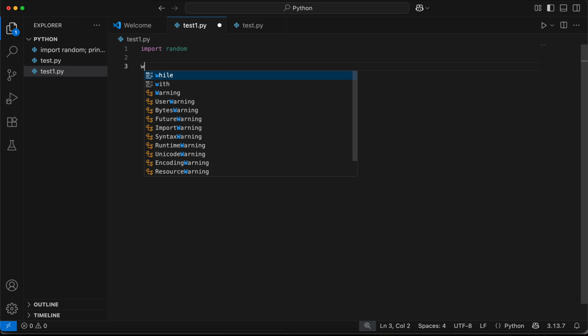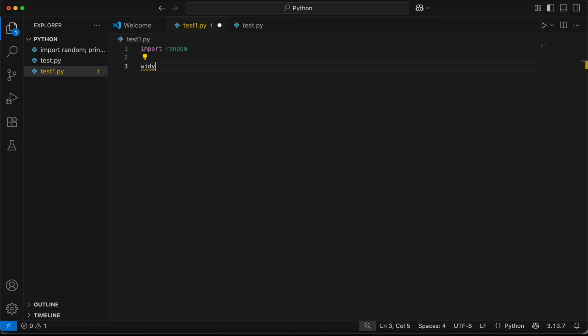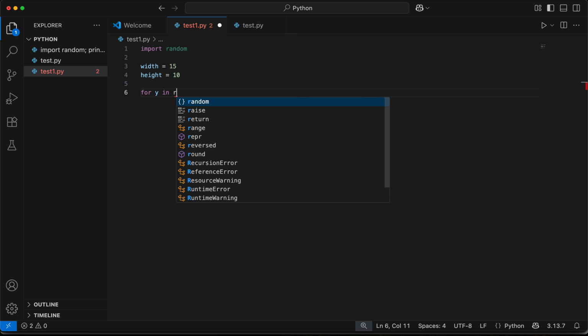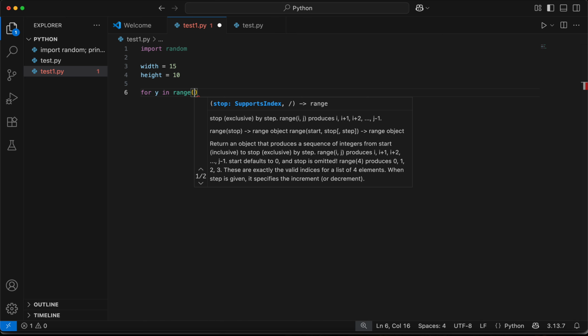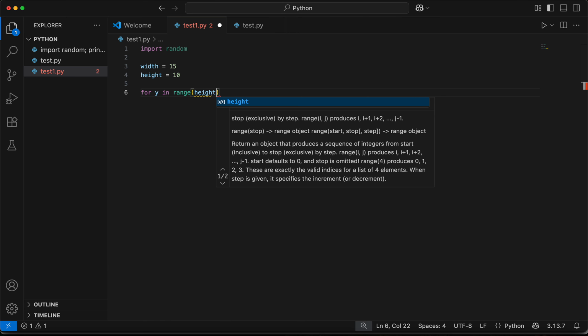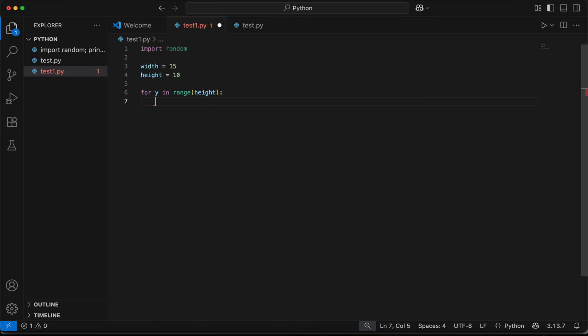then we'd like to create a new variable called width equals 15, then height equals 10, and for y in range height,